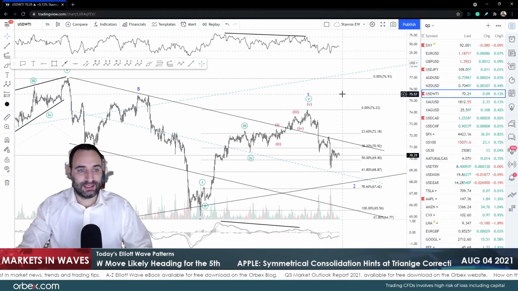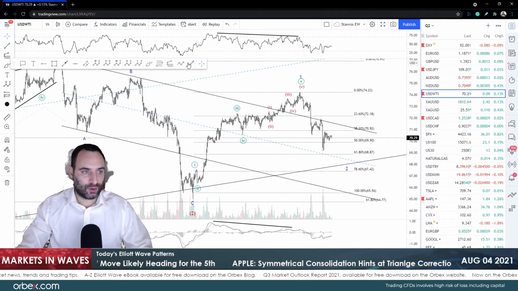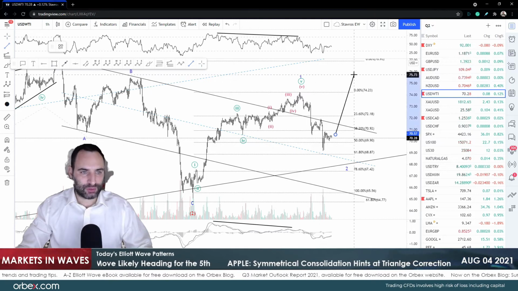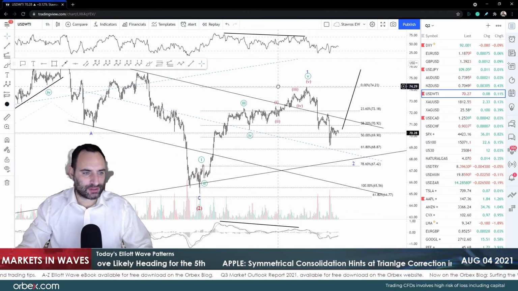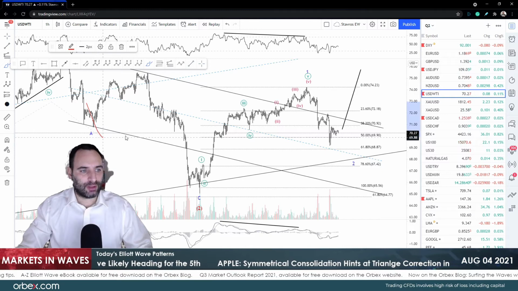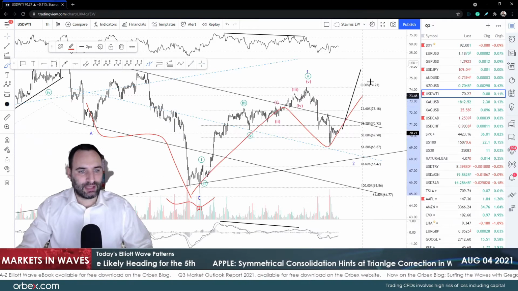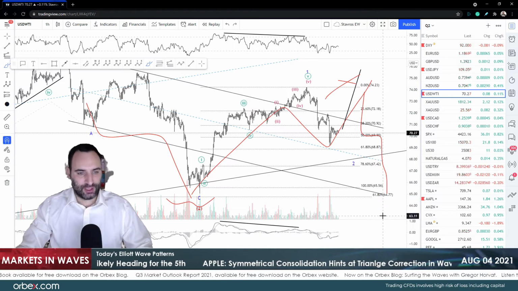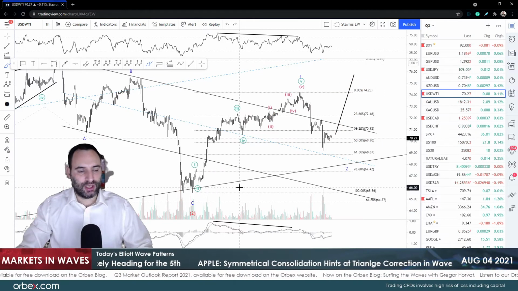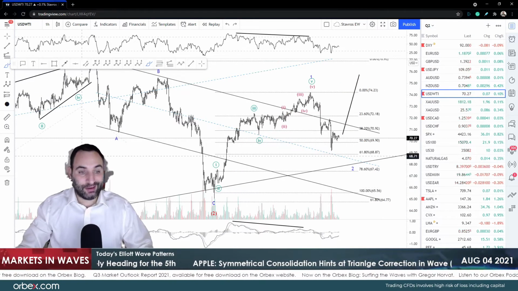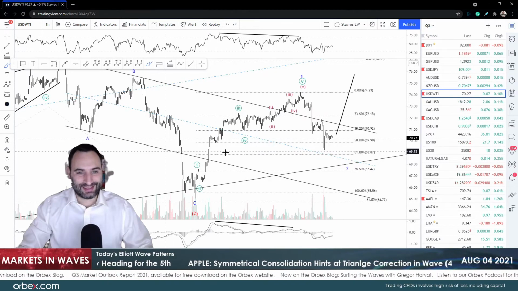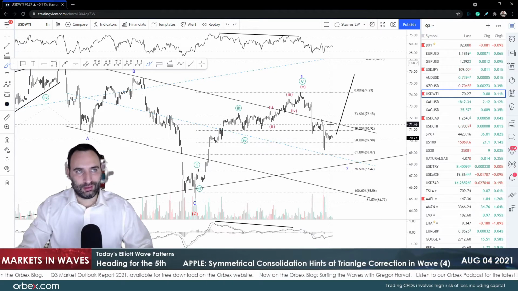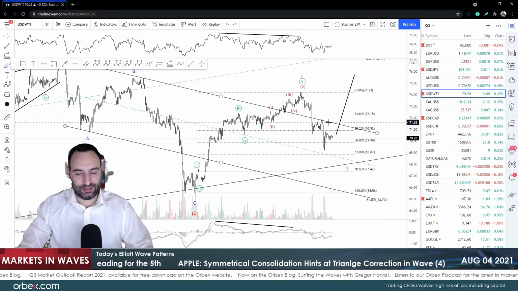Okay, now in case we go lower and then we move higher and we stop close to the previous high or something, do not forget that we always talked about the opportunity that this might be a W, X, and Y, okay? But I doubt this is the case because we are in the lower degree, and the higher degree correction lasted less than what we are currently making a hypothesis for.